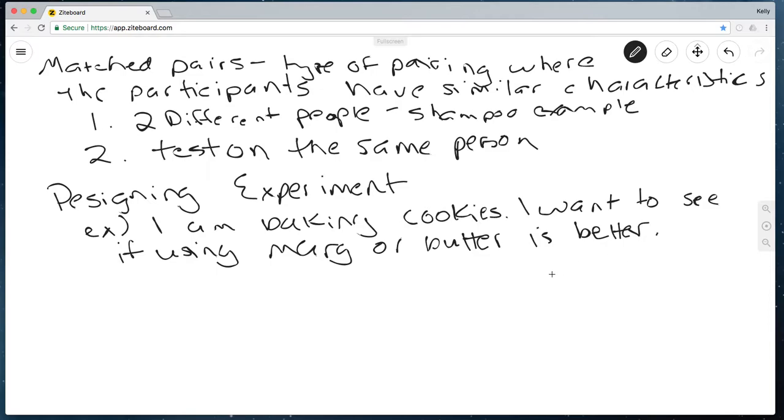And I might test at the same time different temperatures, because maybe if I cook margarine at a very high temperature or low temperature, it's going to do better than butter at a higher or low temperature. So it's going to give me more information than just picking one certain temperature and hoping one of those fits in there. So I want to test